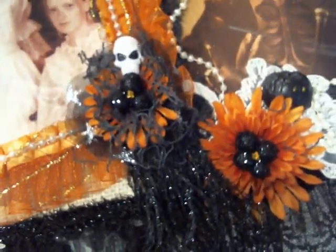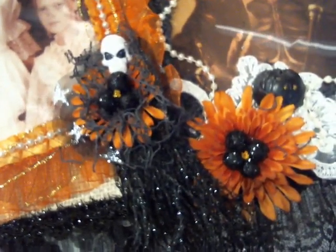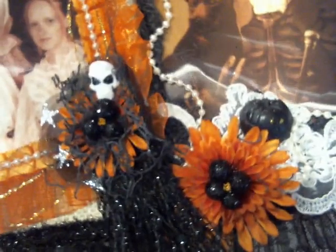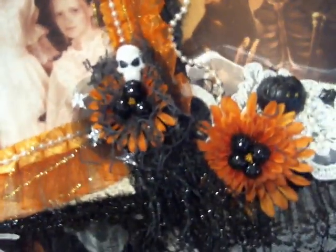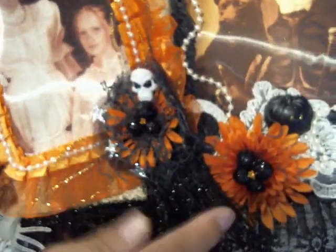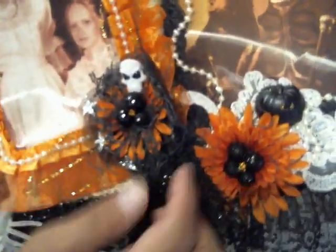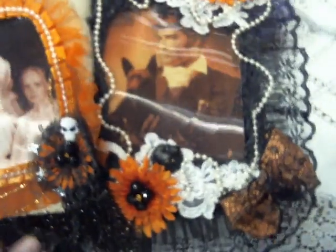Let that catch up. Sorry about that. And then these little black pearls are from a spray that I got at Michael's after the holiday for like, I don't know, 49 cents or something. And I just cut them apart and stuck them in the flowers. I used some more netting and a silk flower. The next page,